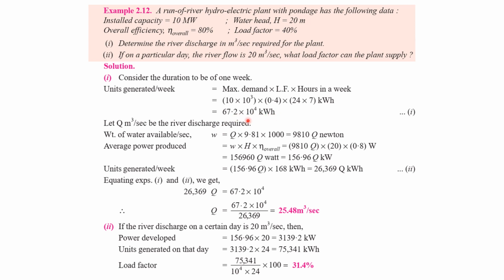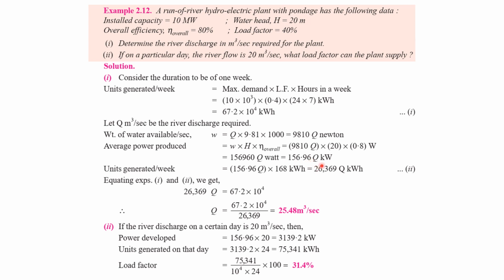If Q is the discharge in meter cube per second, which is required to generate this many units, then the weight of water available every second will be the discharge in meter cube per second into density in kilogram per meter cube into the gravitational acceleration, which gives you 9810 Q newtons. So the average power produced will be the weight of the water into the height of the head into the overall efficiency. That gives you 9810 Q into 20 into 0.8. That gives you 156,960 Q watts or